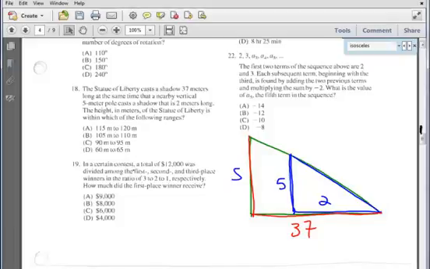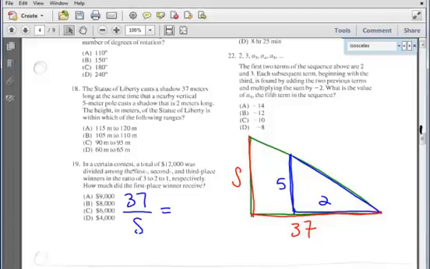Okay, so now what does this look like as a proportion? Would it be 37 over X equals 5 over 2? Yeah, there's actually more than one way you could write it. 37 over S